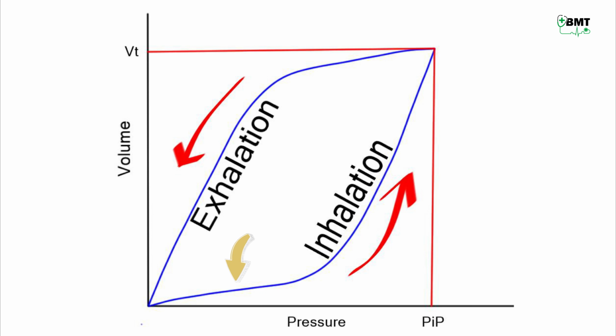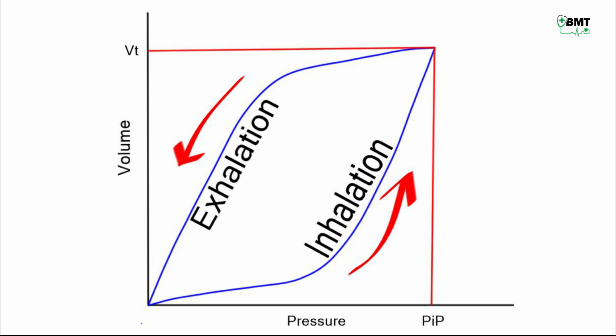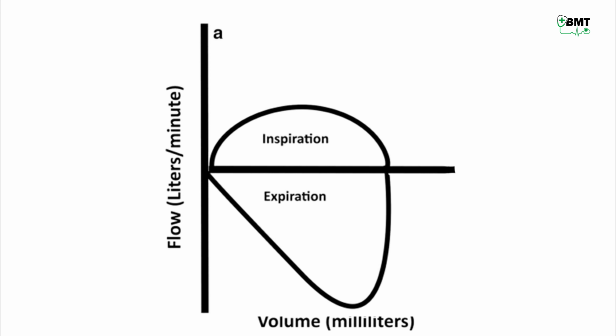At first, there is no change in the volume. Then suddenly pressure rises. That is, the lung starts inflating and the graph starts going up. That start point is called the lower inflation point, and after a point it stops, that is the peak pressure, which is your upper inflation point, and then it drops gradually, which is your expiration. Now in the volume flow graph, this is inspiration and this is expiration. As flow increases, volume increases and reaches a particular limit, and then drops gradually, and this is your expiration phase.